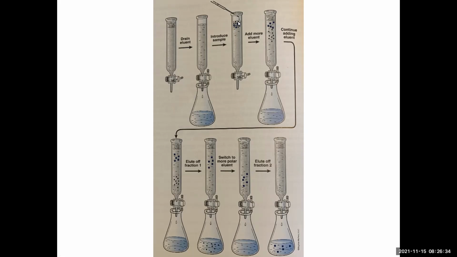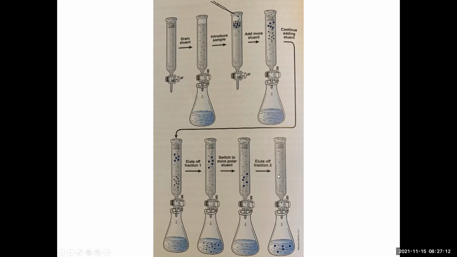And then as eluent is added and moves through the column, the compounds separate based on their different polarity and different affinity for silica gel. We continue adding eluent and collecting fractions. Eventually one compound would hopefully come out. We collect a fraction of that. And once that's all come out, we can switch to a different fraction and allow the second compound to come out. Again, there's always solvent being added on top to help push that through.